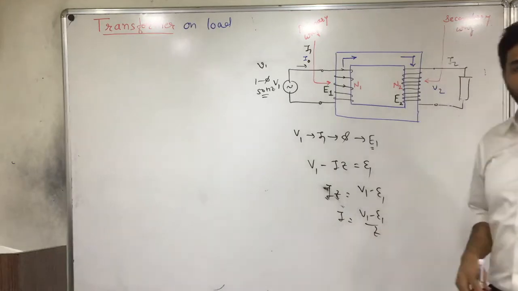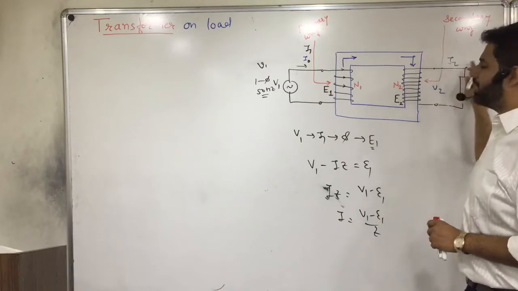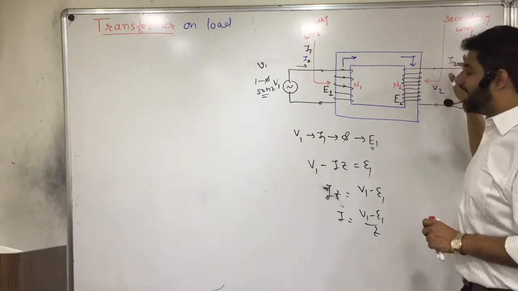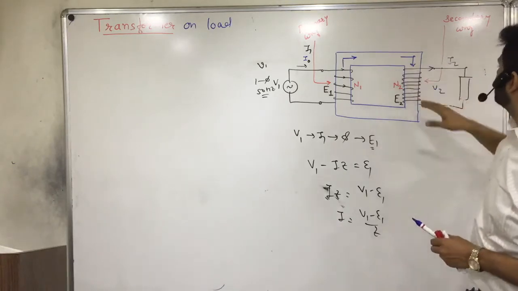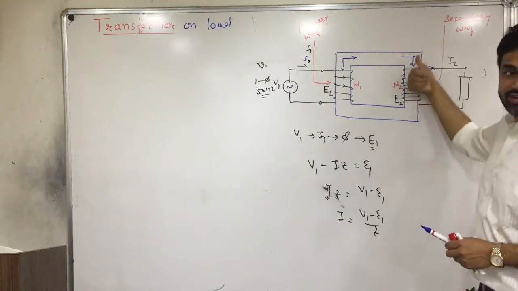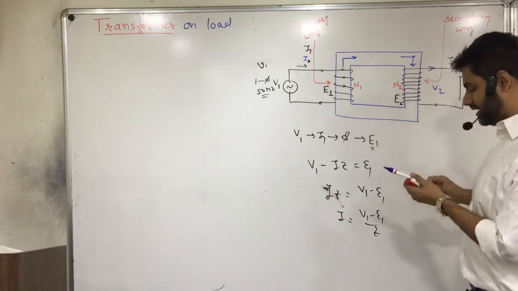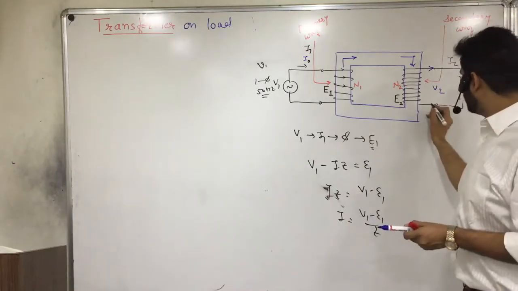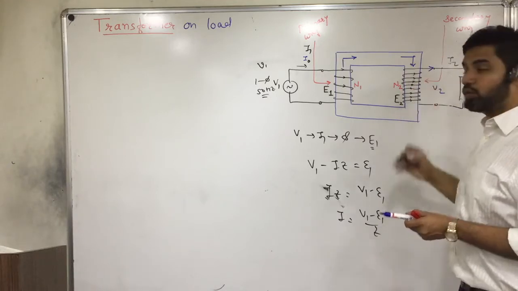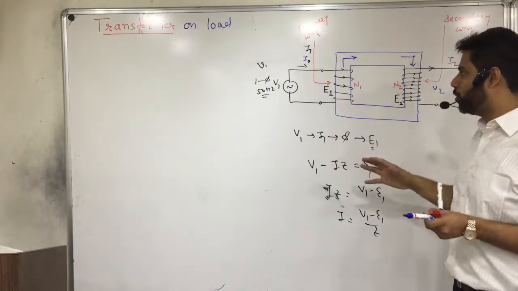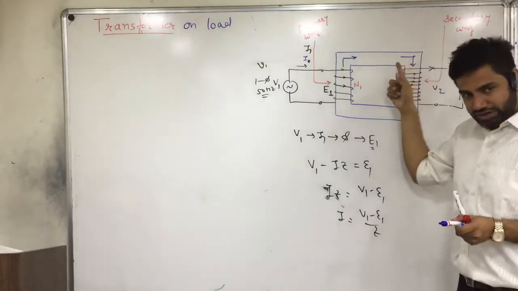E1 is what? Due to the flux. So now the moment I will connect load over here, the current will come. See, current is coming like this. Fine. It is going to oppose the main flux. अच्छा, तो ये देखो ना, पता चल रहा है ना करंट कैसे ऑपोज कर रहा है. करंट गया, the winding you can see. Fine. Before drawing, I have actually understood how exactly it is going to come, and also we can say current is going like this, so flux is like this. So it is going to reduce the main flux.